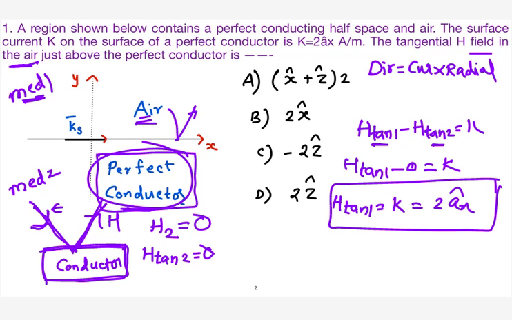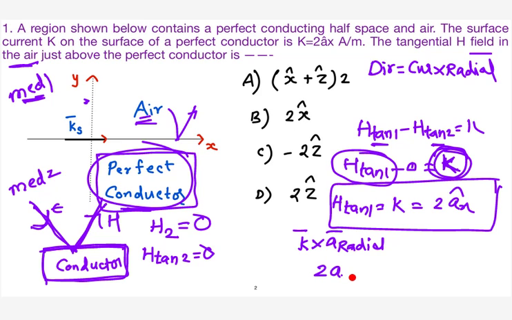Now, where are you finding the magnetic field? You are finding the magnetic field in the first medium. Let me say something like this. So this is your K vector. But actually, if you want to find the direction of the magnetic field, it doesn't lie in the direction of K. The direction of the magnetic field will be surface current into radial direction. Of course, whatever I have given here is the magnitude only. It's not the direction. When you want to find the direction also, you know that the surface current will be 2AX cap. And what will be the radial direction in this case? AY cap.